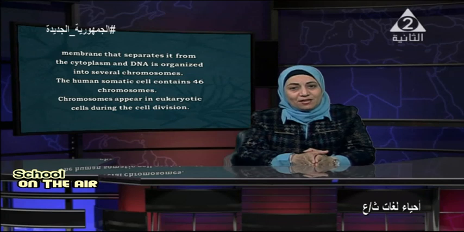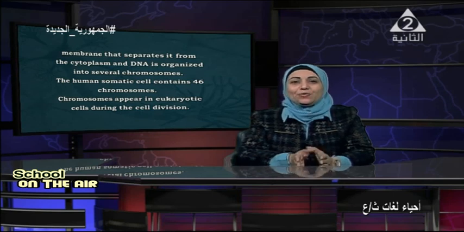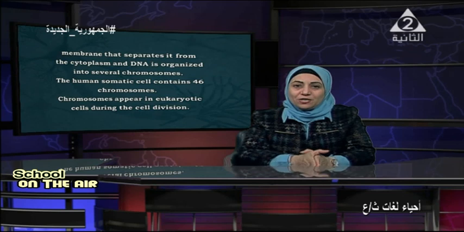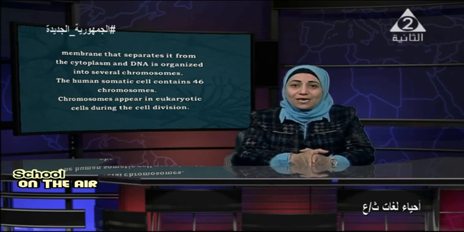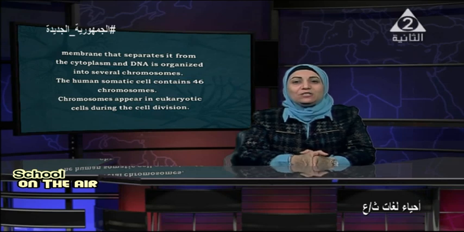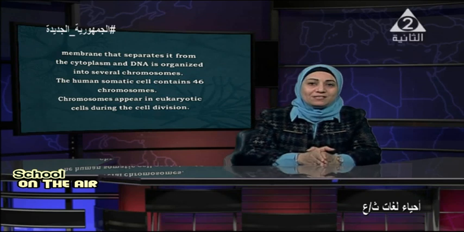For example, humans contain 46 chromosomes, while the onion plant contains 20 chromosomes. So each species of living organism contains a fixed number of chromosomes. These chromosomes are found inside the DNA structure, which is found in the nucleus. The nucleus is surrounded by